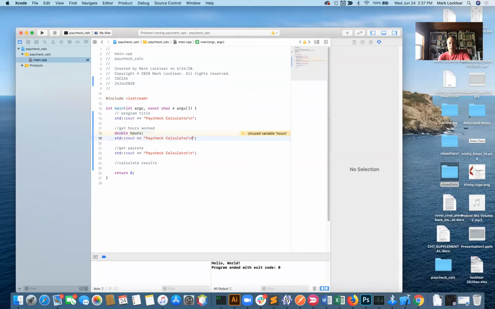And then for my output, I'm going to say hours worked. We'll do something like that. By removing that carriage return, that \n actually moves your cursor down to a new line. Let's go ahead and get the input first. So we're going to see out, and then I'm going to see in. So we're going to see out hours worked, and then we're going to call